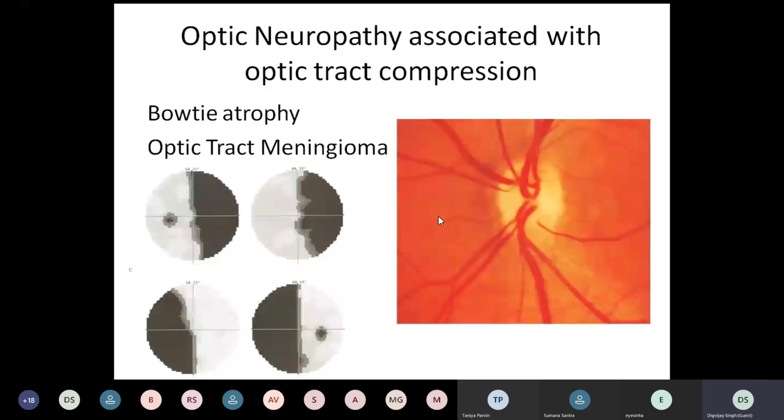So when you look at optic tract lesions, look at these two, you'll see that they're not exactly congruous. You're getting a little different effect here and a little different effect here. Same way on the other side, but these are homonymous. So behind the chiasma, they start to become homonymous, on the same hemisphere or same side of the vertical meridian, and ahead of the chiasma or at the chiasma, they are heteronymous. That's what we call them. And on the optic nerve, you'll get a bow tie atrophy or a bow tie pattern.